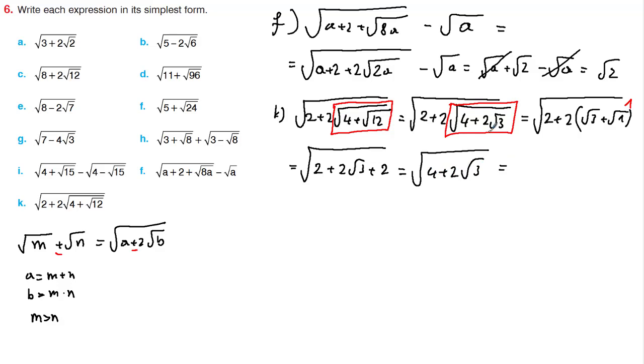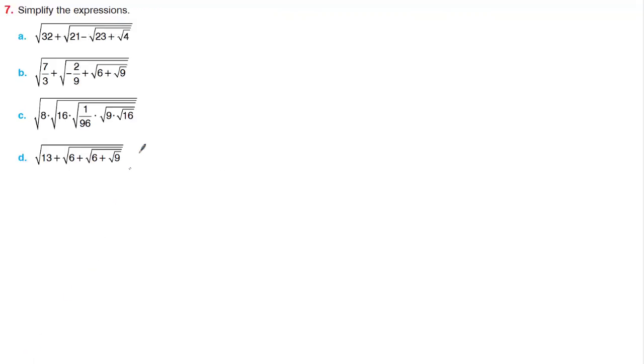Oh, it's exactly the same. It's exactly the same expression like we solved previously. So it will be exactly the same result again. So square root of 3 plus square root of 1. This being square root of 3 plus 1. All right, done with the sixth exercise. Next,